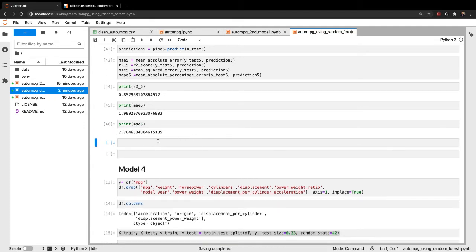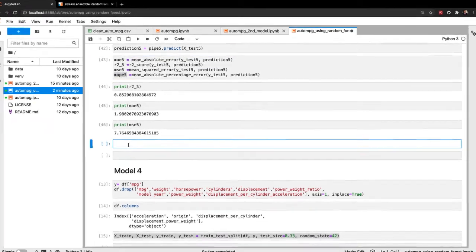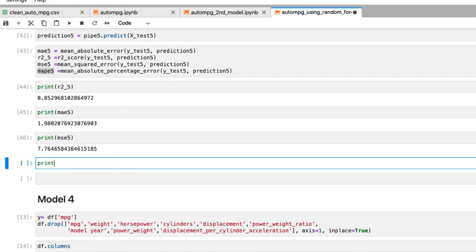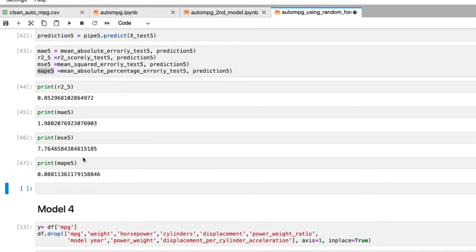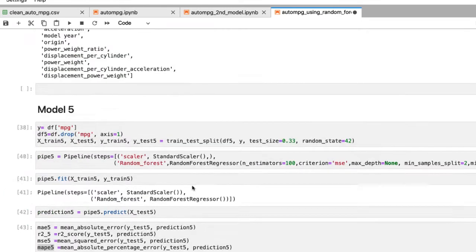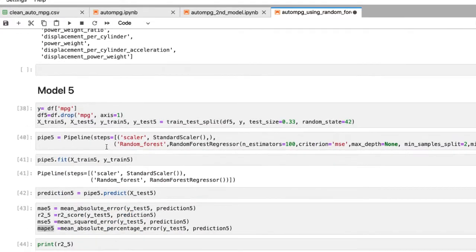Mean squared error, then let's do this as well. Okay, it's getting better. So what we did here was we went ahead and built it using just all the